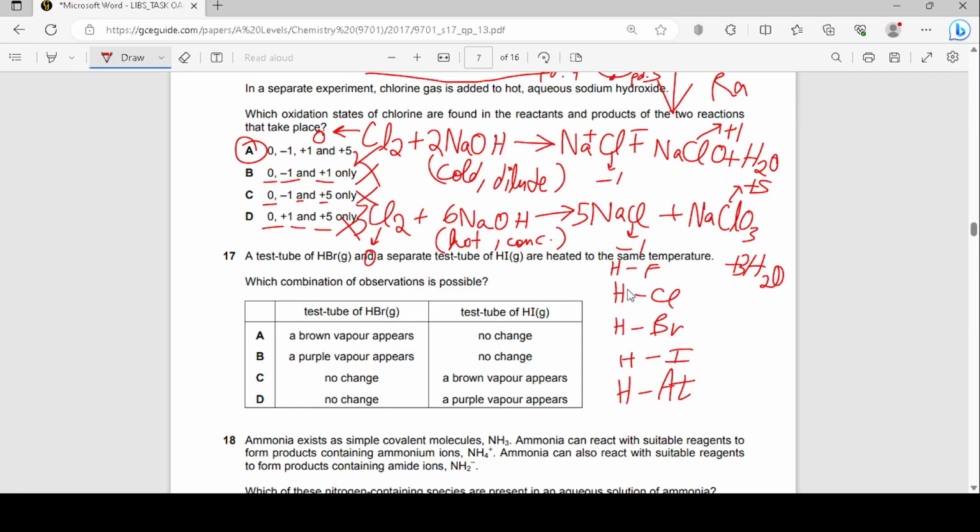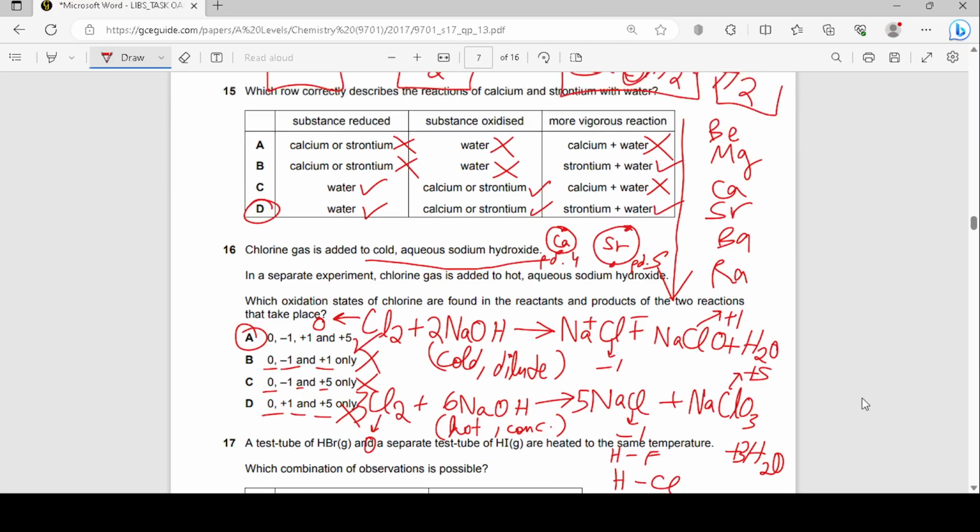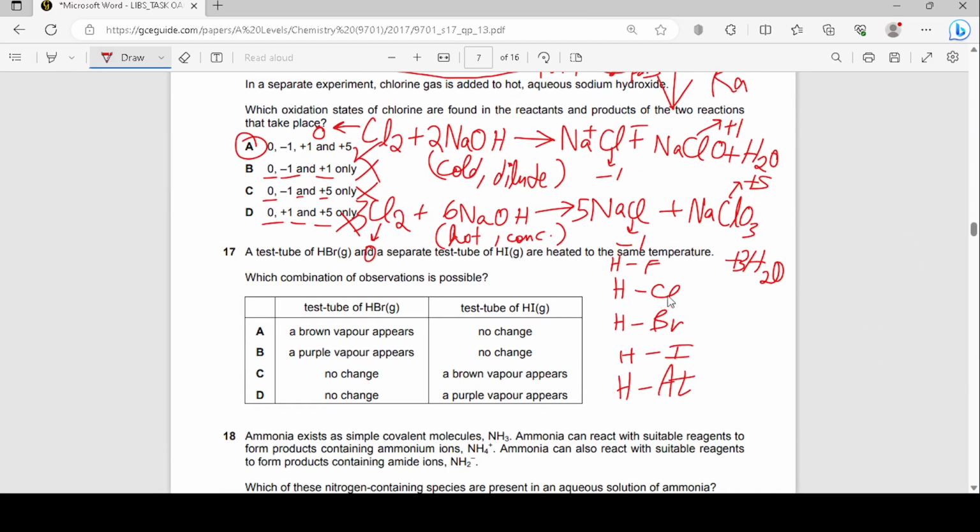Anyways, the point is, down the group, what happens? Similar to the explanation for the group 2 elements, if I compare, we have bromine and iodine here, right? So hydrogen bromide and hydrogen iodide. Imagine this is bromide, and then iodide is like that, it's bigger. And then you have hydrogen, which has a fixed shape. I don't know if I'm able to draw the same, but assume that this is the same radius of a circle, okay? And so what happens is that because the iodine atom is bigger,